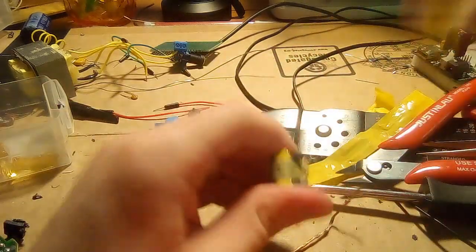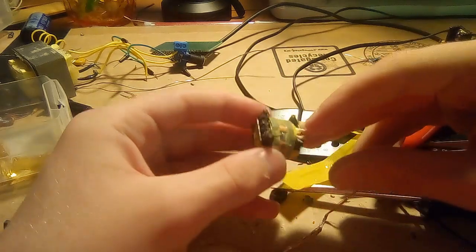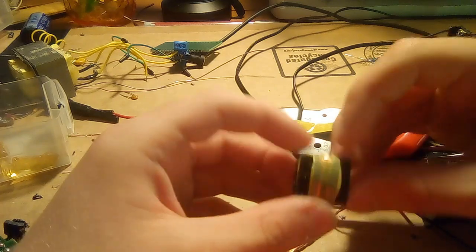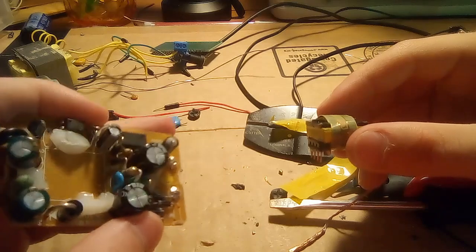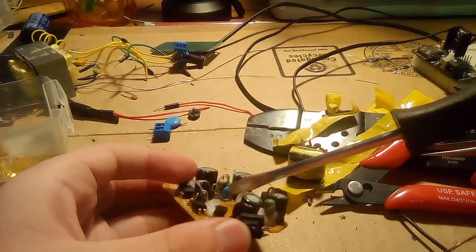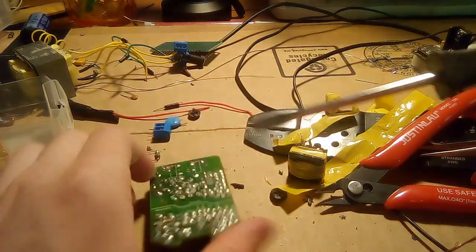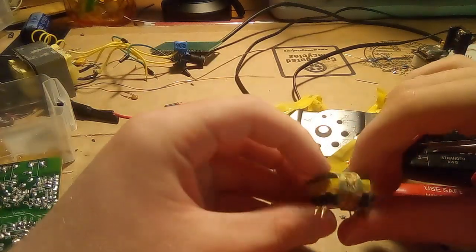Okay, so it looks like we have a tiny strip of copper that's going around from one of the primary pins to this little copper tape, and I think that's for some sort of interference suppression. And if there's enough interference suppression in this transformer, then we don't even need a Y-class capacitor between primary and secondary side. And this is that blue capacitor that I was talking about before. It's a 1 nanofarad, 1 kilovolt capacitor, but it does not connect the primary and secondary sides. I think it's a snubber capacitor. But anyway, let's